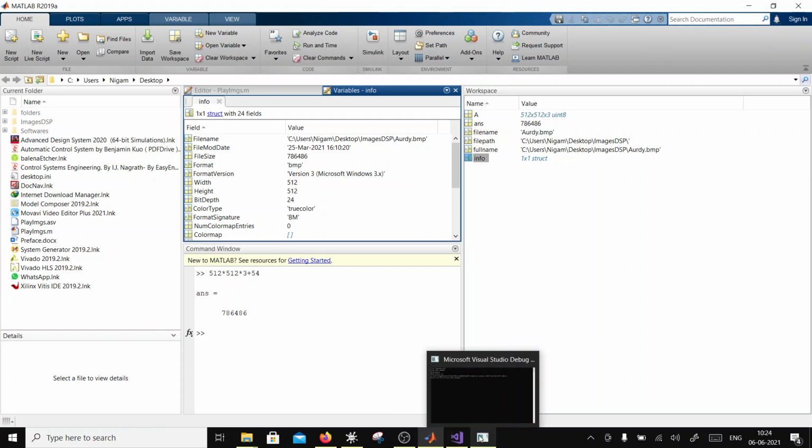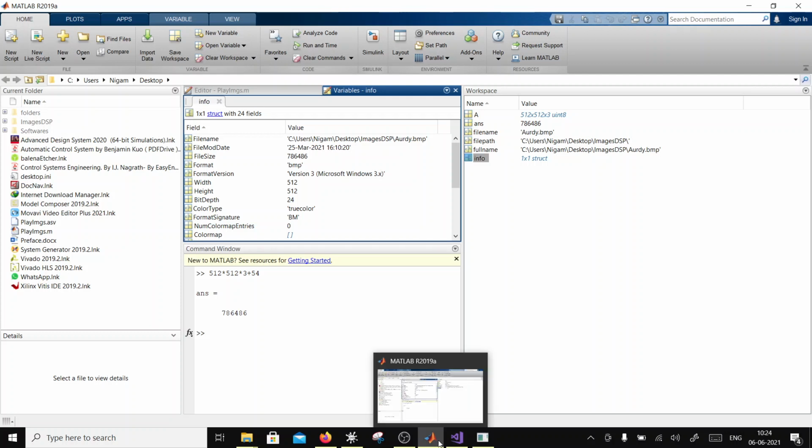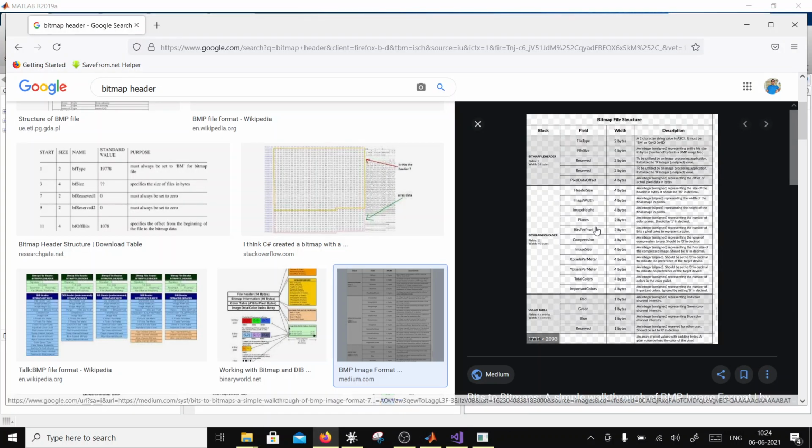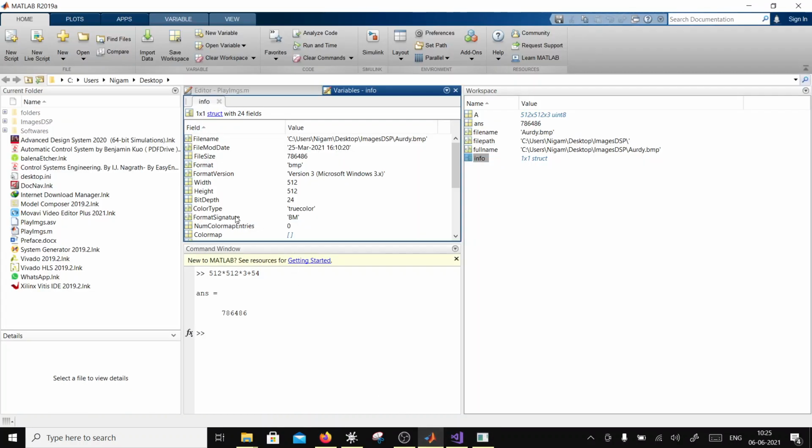Then it will also tell you whether there is a compression or not. So if you go to here, it says compression 4 bytes. If it is 0, there is no compression. Otherwise, 1 means it's going to be 8-bit image. 2 means it's going to be run length encoding and all that stuff, right? So this compression will give you compression code. And MATLAB basically just reads that. So color map is empty, all this empty, and number of planes is that, compression type is none. So that's what it is reading.